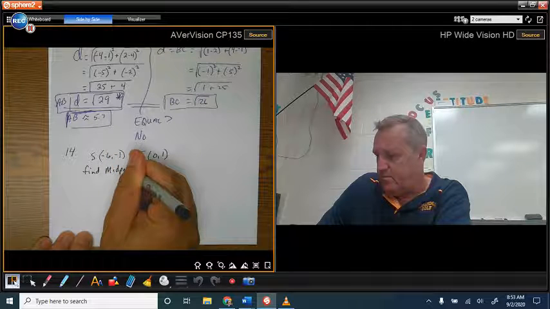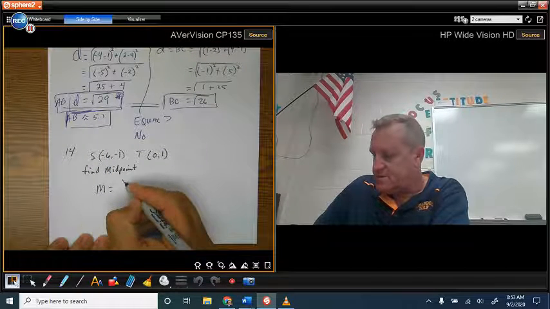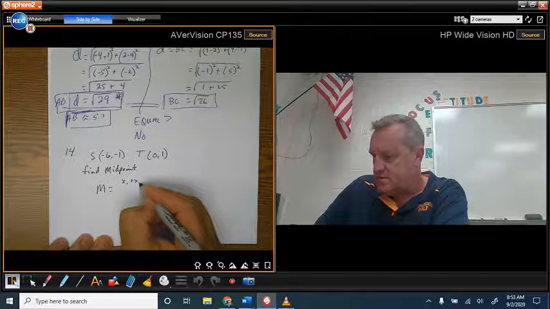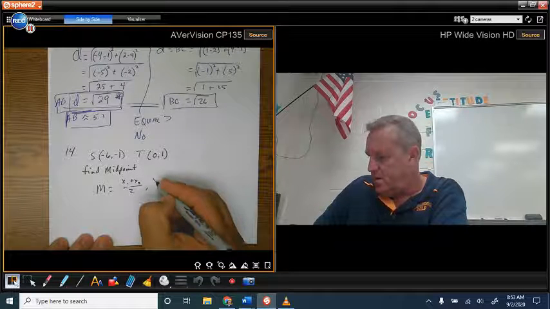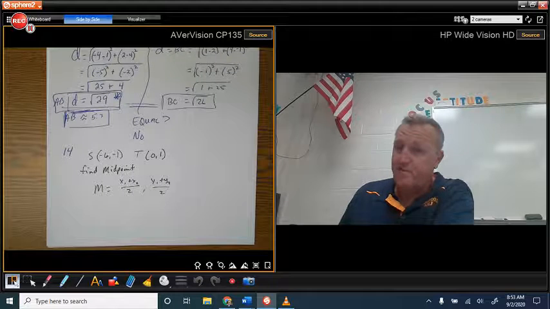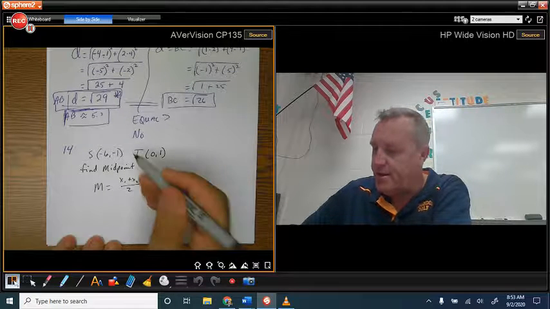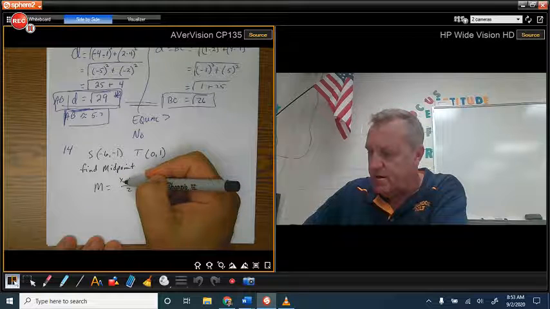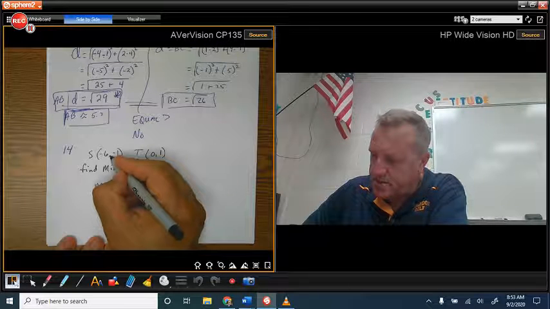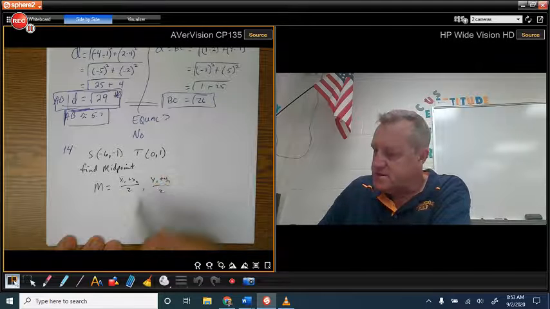Well, we talked about the midpoint formula earlier, but basically for the midpoint, we just add the x's and divide by 2, and we add the y's and divide by 2. So there's a midpoint formula again, second time today. All right, so now let's plug in. We're going to put -6 right here with the x and 1. This is just a comma, that's not a number 1. Okay, so -6